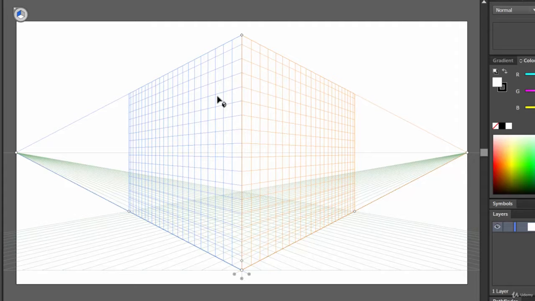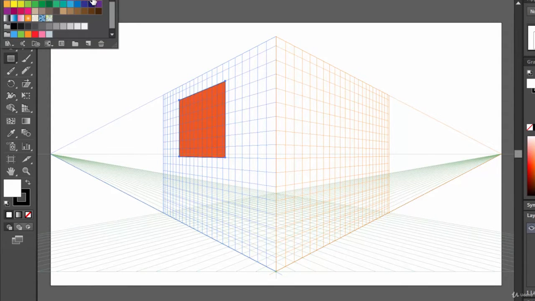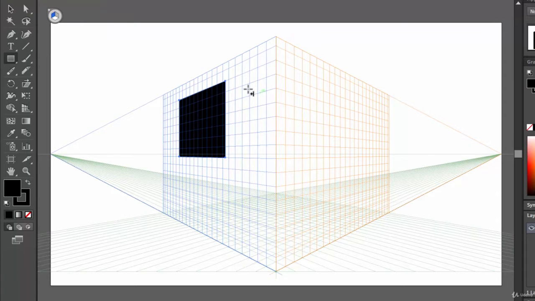Let's try to draw something here. Let's select the rectangle tool and draw a rectangle. Now let's provide a fill color, say total black. Let's draw another window. Okay, so yeah, it's another window.